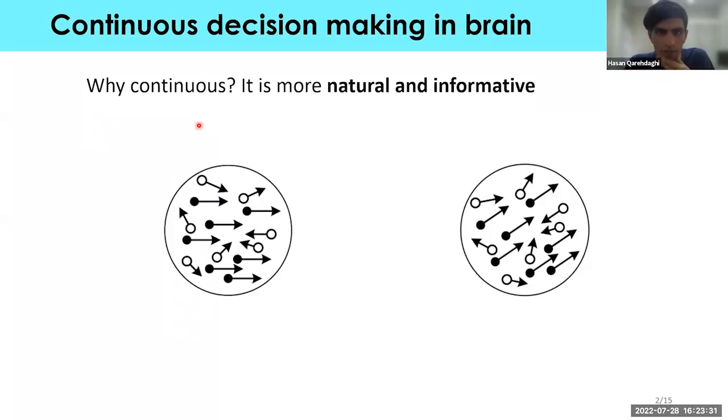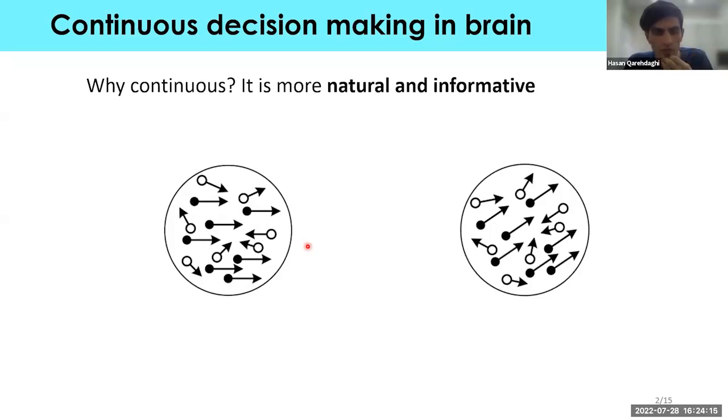For example, the random dot motion task here, where the subject should decide what's the coherent motion direction of some dots, either left or right. But we can argue that the motion is naturally a continuous type. In our daily life, our judgments about perceived motion direction could be in any angle. This is not just about motion, the speed of motion or the orientation of